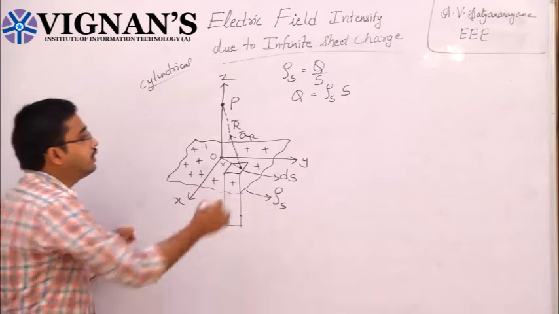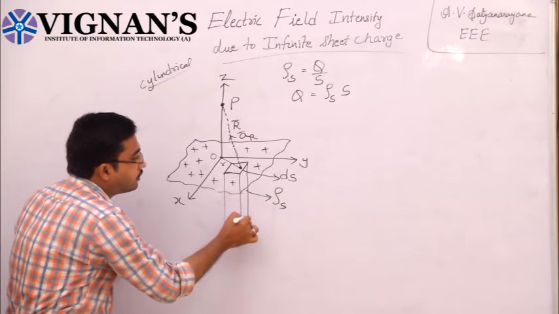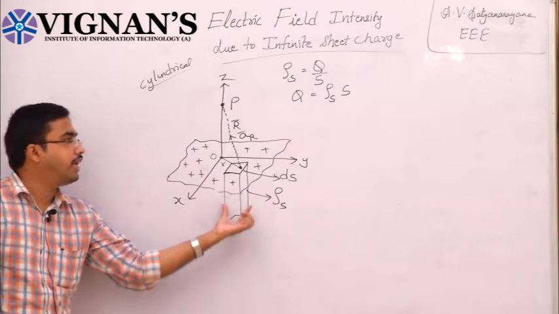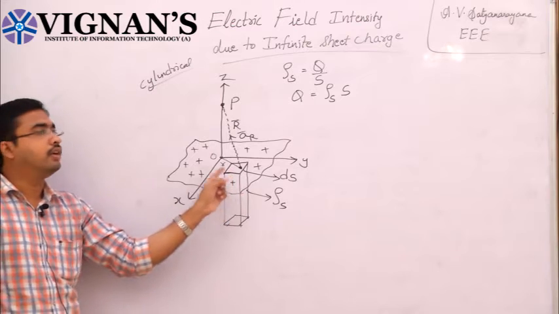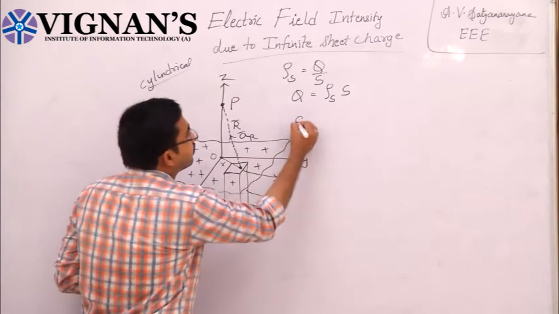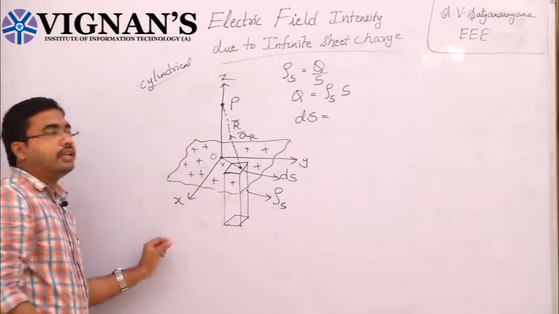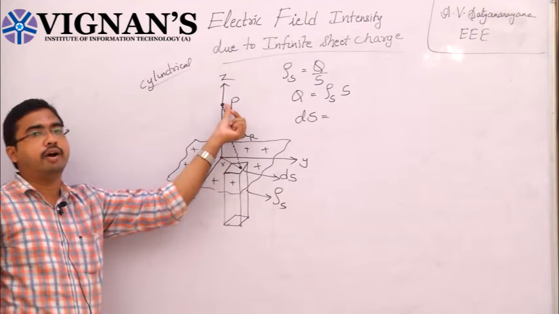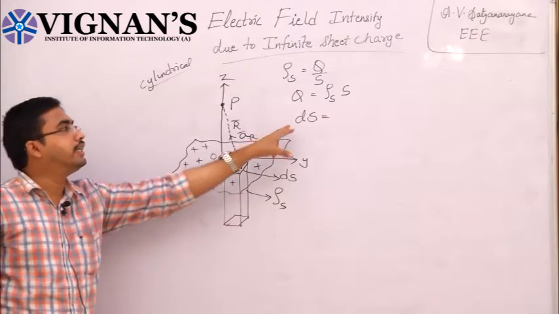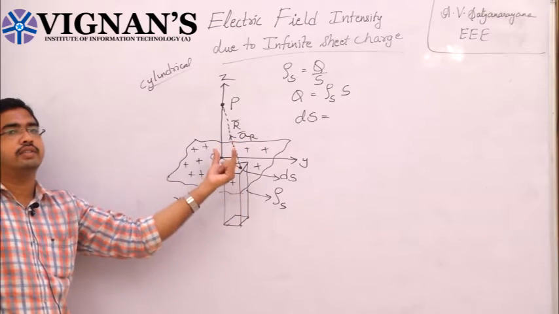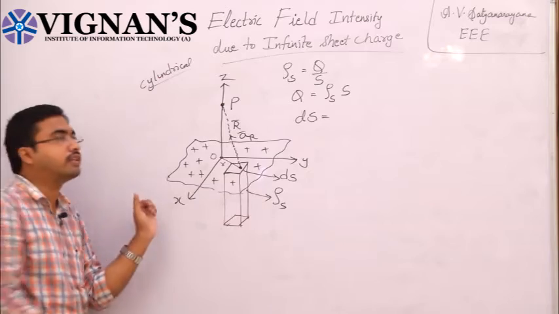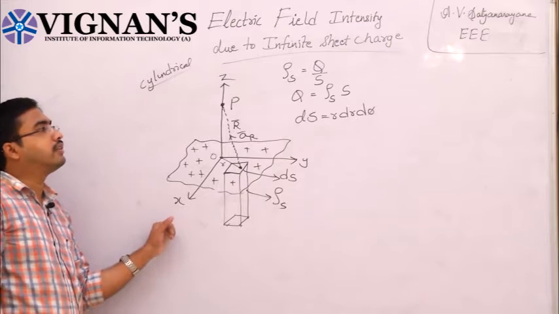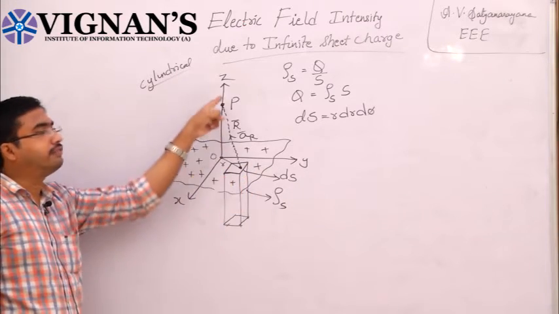So we can consider the differential surface area. You can imagine a cylinder which is placed along this differential surface. Now for a cylinder, the differential surface ds in the z direction. Why are we considering only the z direction? Because we are considering the point P on the z axis. So in the z direction, the differential surface area ds, as mentioned in our previous classes, is r dr d phi. This is the differential surface area of this cylinder when looking from the z side.